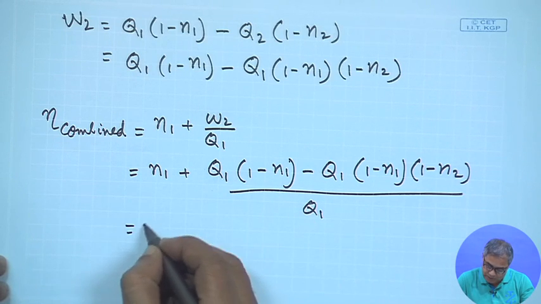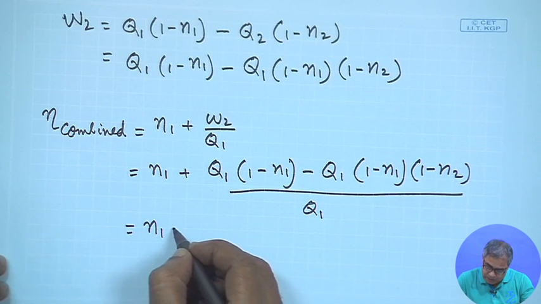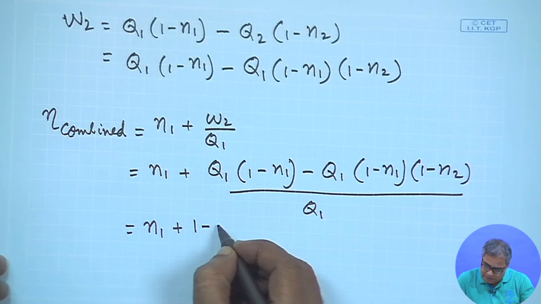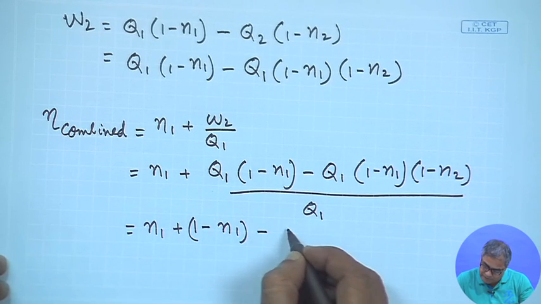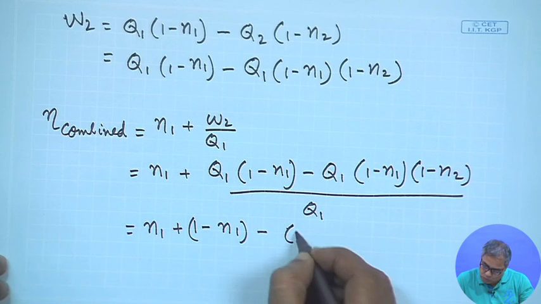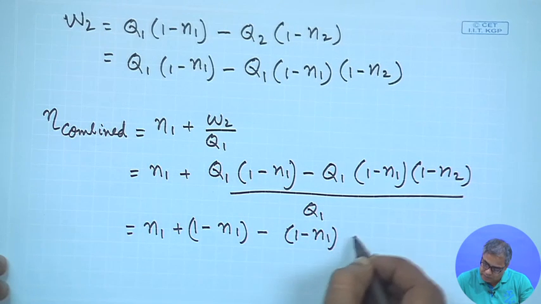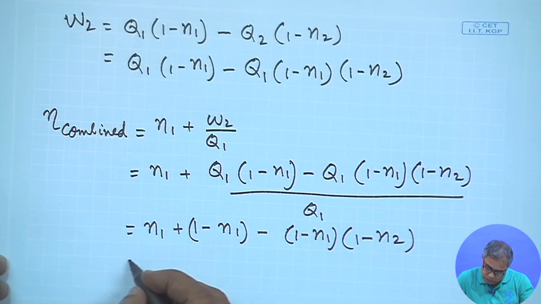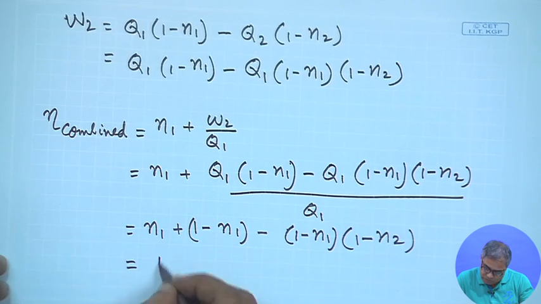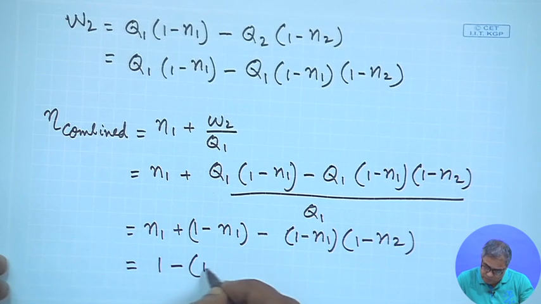So, it will be eta 1 plus 1 minus eta 1 minus 1 minus eta 1 into 1 minus eta 2. So, obviously, it will be 1 minus